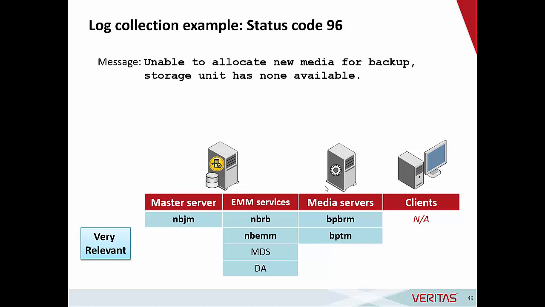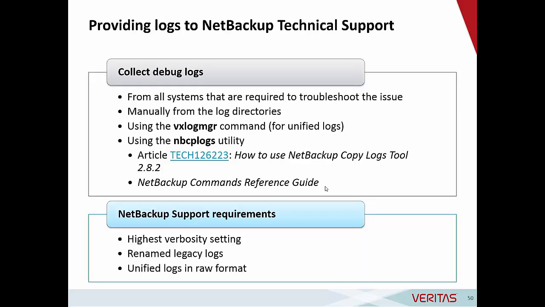NBJM, BPBRM, they're included here, and they would be included for just about any status code because they're the highest level logs on the master server and the media server, respectively. And so again, we mentioned that sometimes it's helpful to start at the top and work your way down when we're troubleshooting issues. When we're going to be providing logs to NetBackup support, make sure that what we're sending them